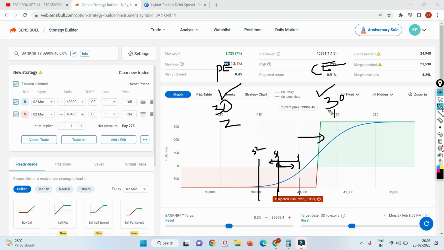And I'll go for the call side exactly when this has breached my second support. Guys, give me a second,